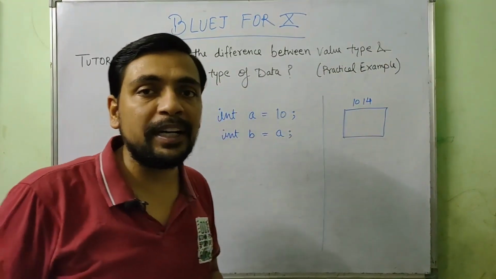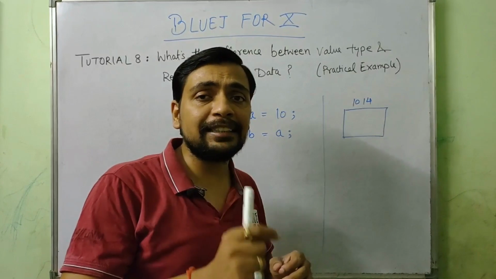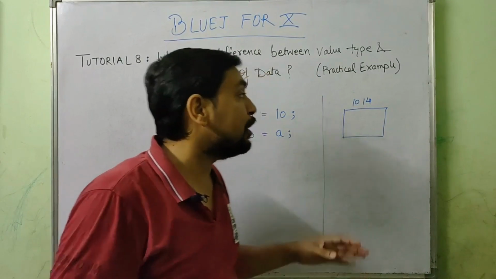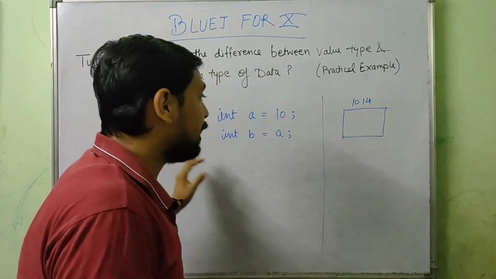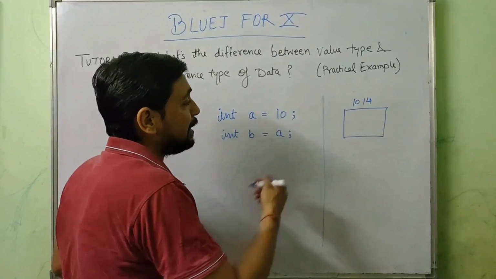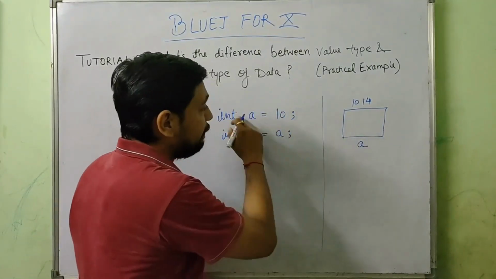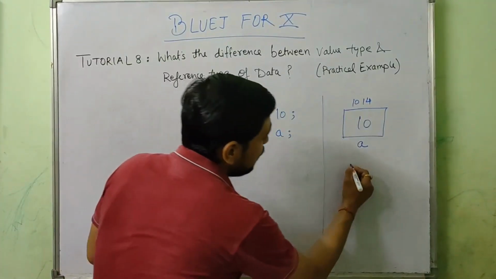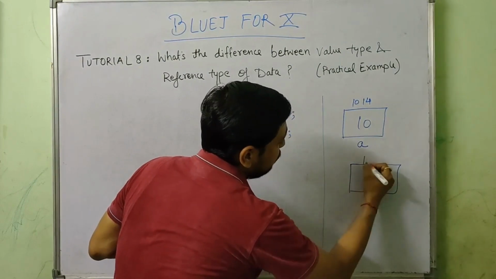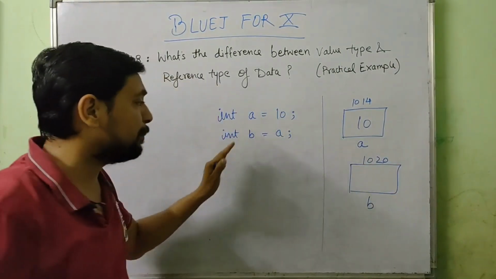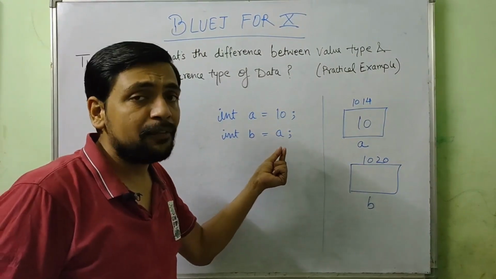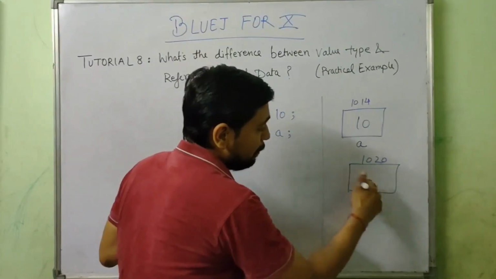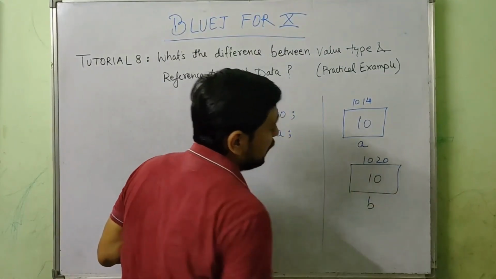Now some of you might be wondering what this address is. Actually it's the address of a location of the memory. Right now memory is RAM. The CPU will occupy some space, provide a name to it, right now A, and also assign a value to it, right now 10. With the second line, another variable B is created, definitely at some other memory location, and B is equal to A. So we are actually assigning the value of A into B. What is the value of A? 10. That will be assigned to B, so B will also become 10.